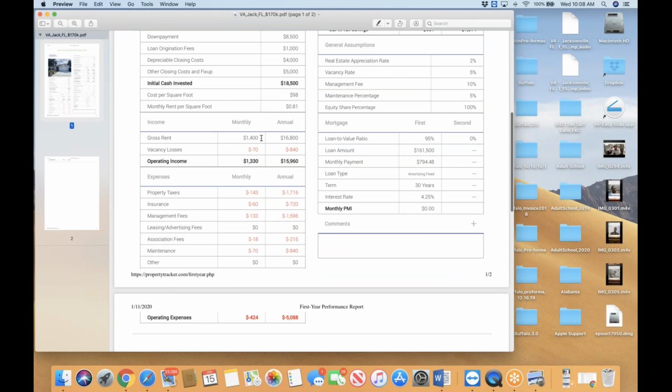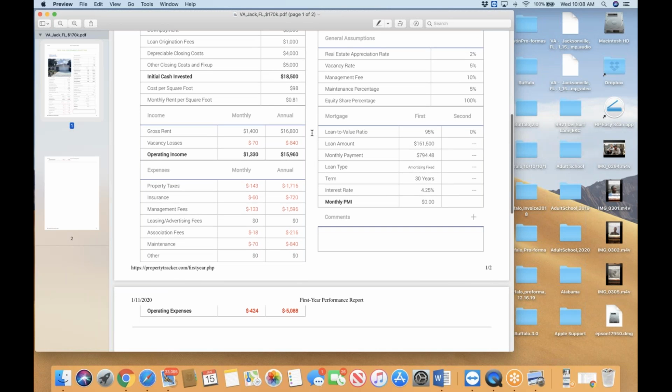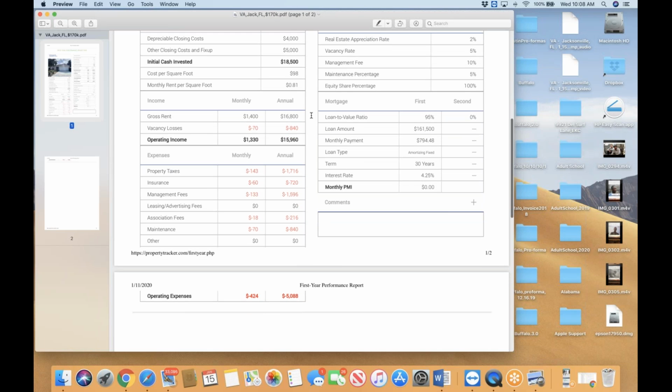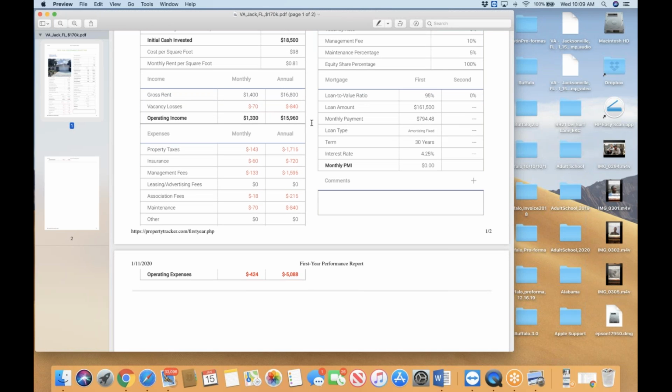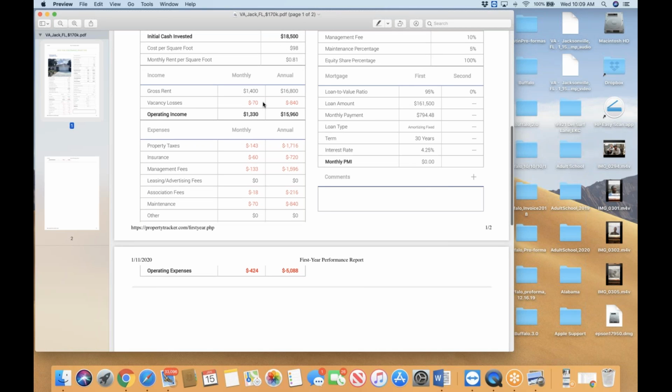All right. I put a gross rent of only 1,400, or could be 1,500. Could be even slightly more, but I want to be safe. I want to be conservative, right? Under promise and over deliver. I try to make my numbers as realistic as possible without any hype, without any over projection, because that's the way I am. I want to be ethical, responsible, and realistic. I do not want to mislead anyone. Anyway, I put down 5% vacancy typically, which is $70